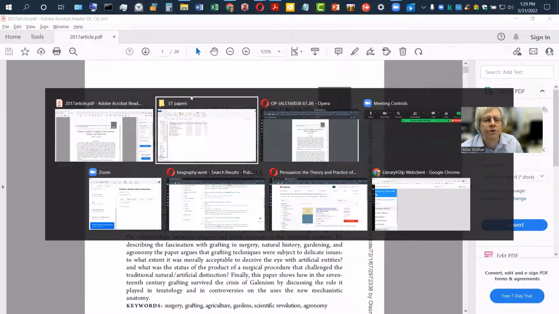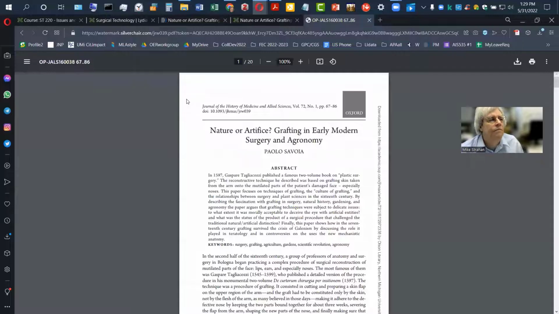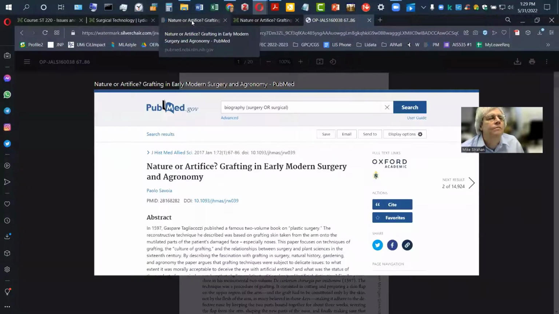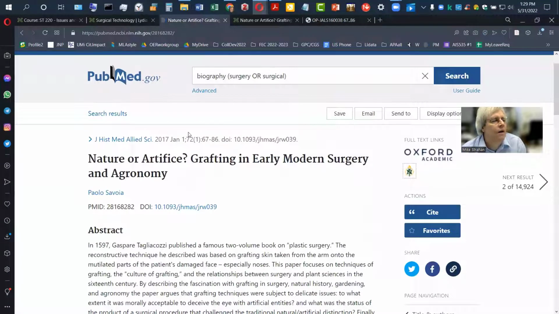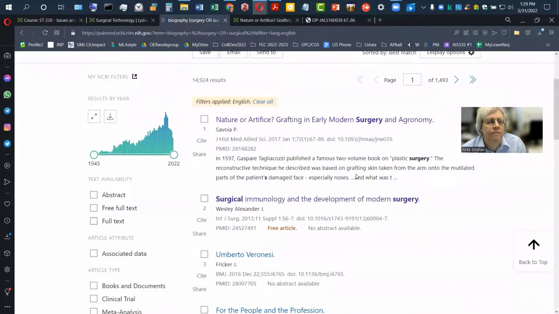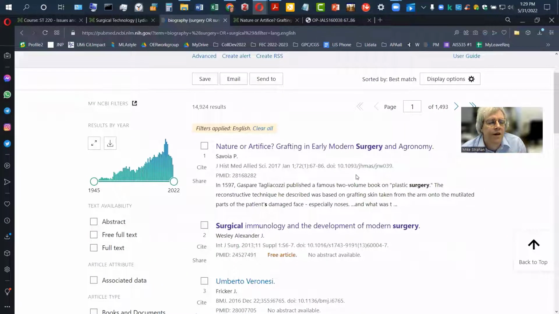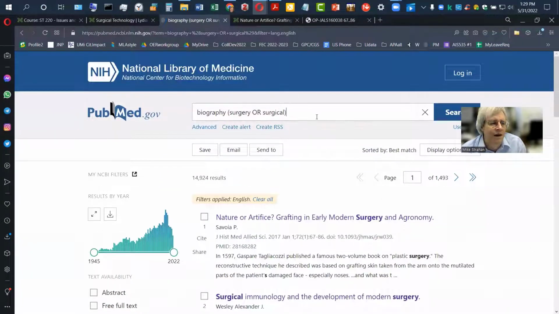To go back to our search results, I think at this point what we want to do is add robotics to this. So I want to look at biographical information related to robotic surgery. We type in robotics, we click on search,